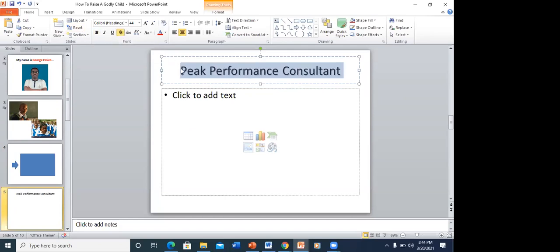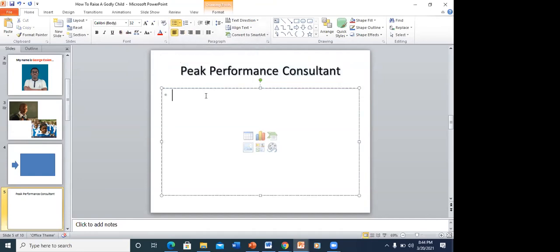And then what do I want to do now? I want it to go to the left. Alignment. This is super align. I want to align to the left, I click there. I want it to align to this side, I click there. I want it to be in the middle. So say entrepreneur, speaker, marketplace leader.